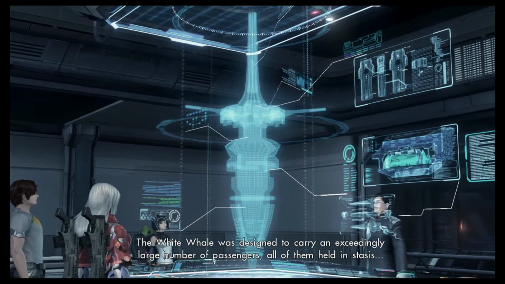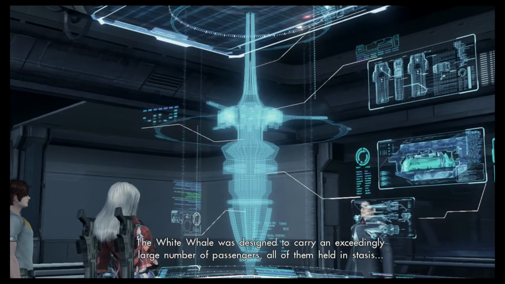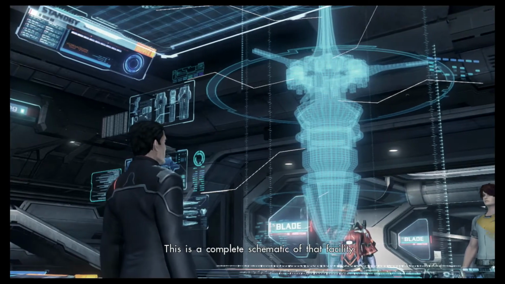The White Whale was designed to carry an exceedingly large number of passengers, all of them held in stasis. All housed in a structure called the Life Hold. This is a complete schematic of that facility. There is a division called Reclaimers, which